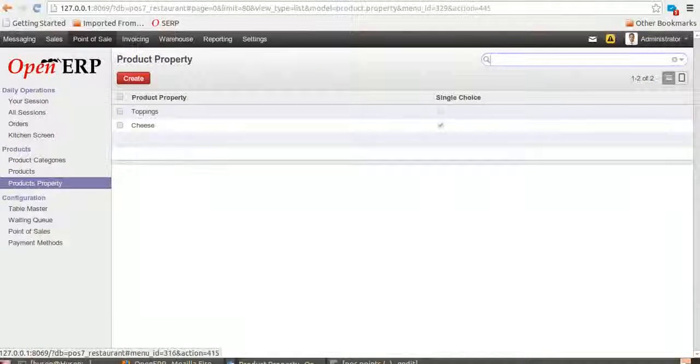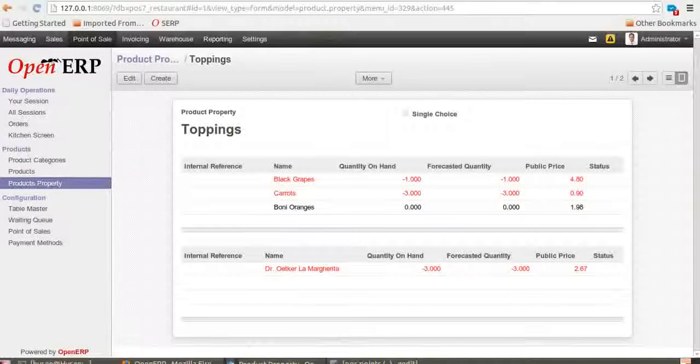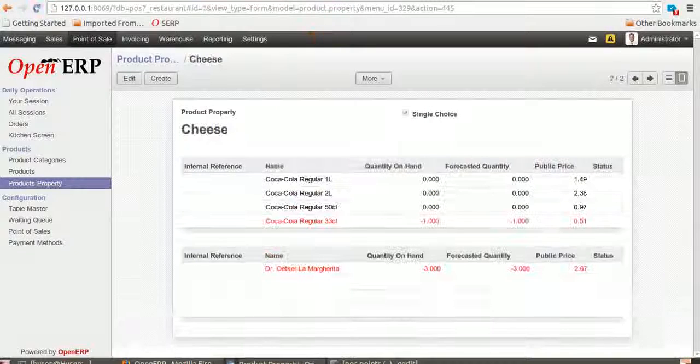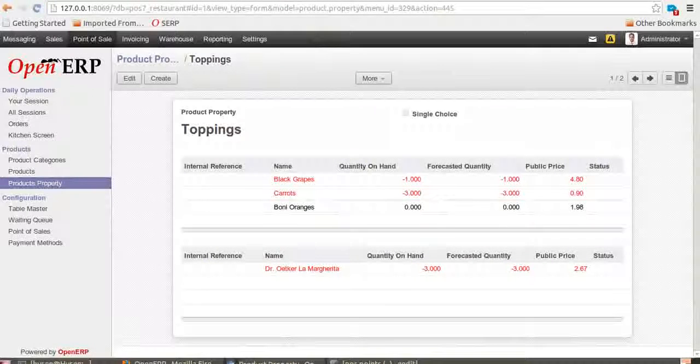One of the very important features is single choice and multiple choice property. Let's say if you want to go for the pizza, you might select number of toppings. Say one topping would be a multiple one, another thing might be a single choice. Let's say for example this is a multiple choice one. You can set, let's go back, I'm sorry, multiple choice one. Okay, what you can do is you can have a specific pizza with these choices available, black